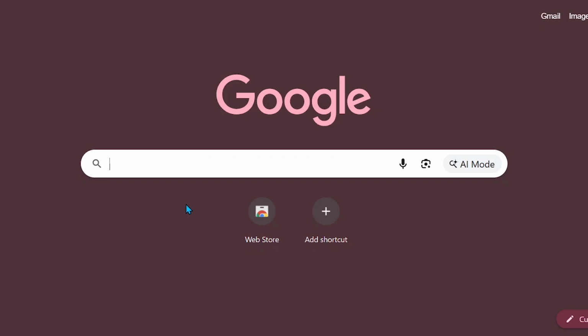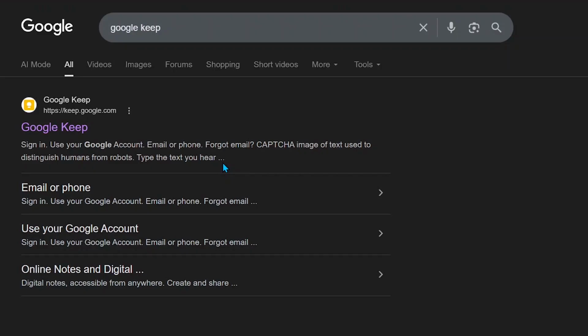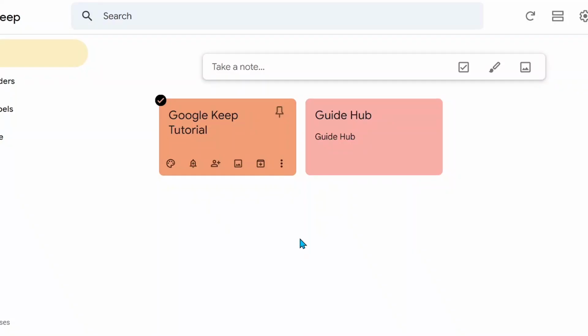After the browser launches, click on the address bar at the top, type Google Keep, and press Enter on your keyboard to begin the search. From the search results page, find and click on the official Google Keep website to make sure you are accessing the correct platform. Once the website loads completely, the Google Keep dashboard will appear on your screen, showing all your